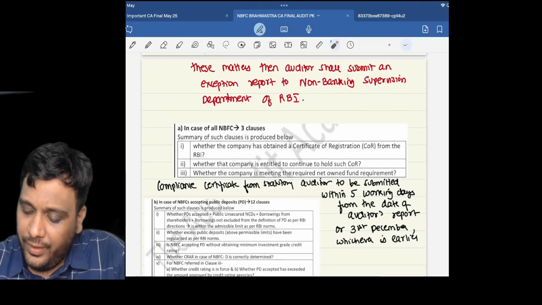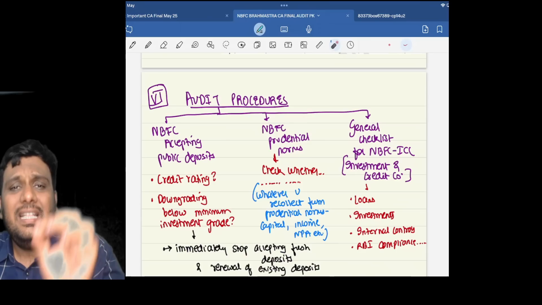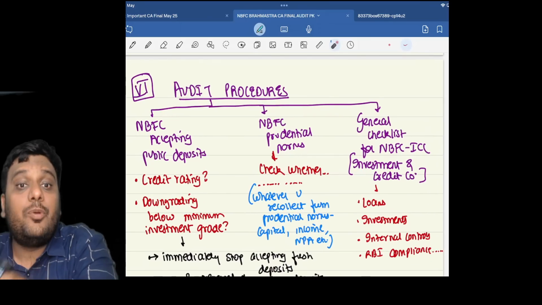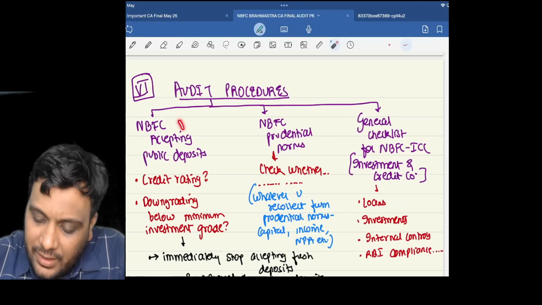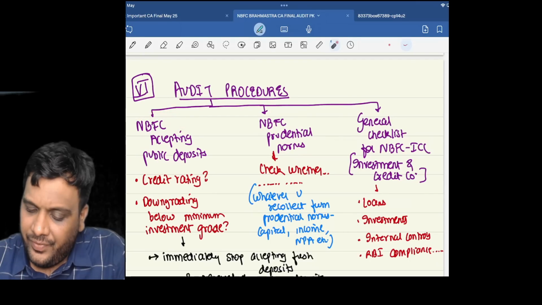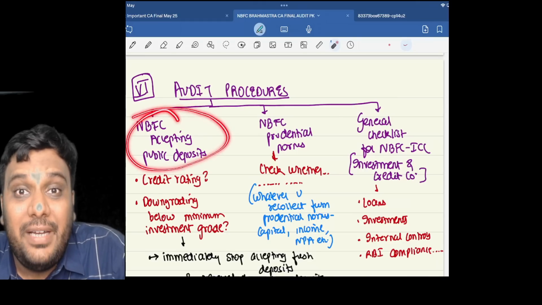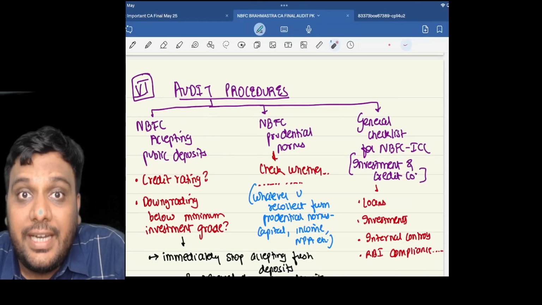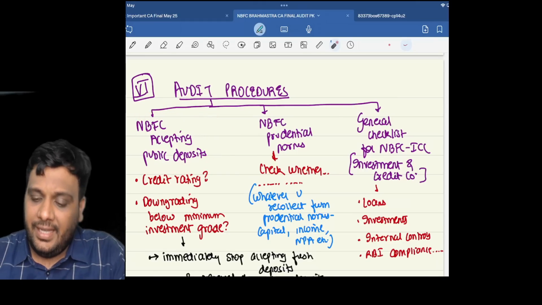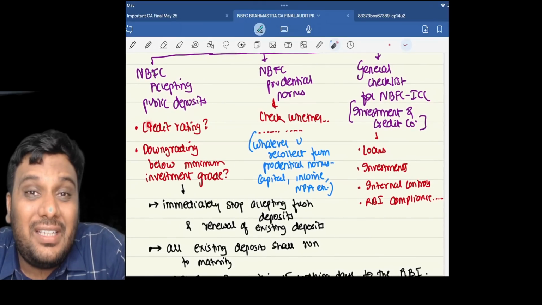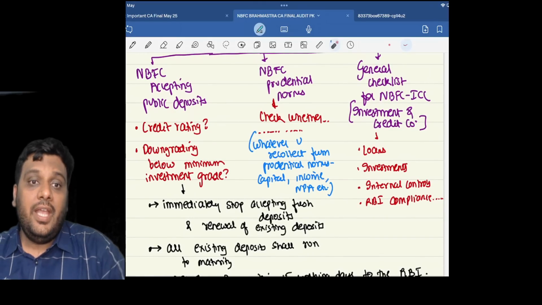Okay. Moving ahead. Then there are some discussions on audit procedures. For this, only a few important adjustments. For audit procedures for NBFCs which are accepting public deposits, I repeat, for NBFCs which are accepting public deposits, they are discussing checking whether the credit rating has been obtained or not. And what if the